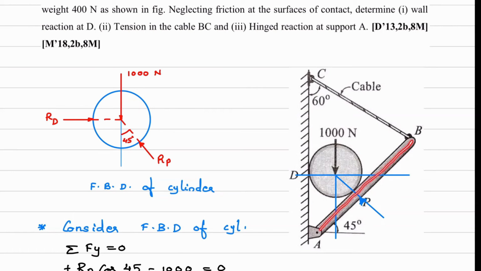This is a beam. At the hinge we have 2 reactions, hinge support, because this rod can rotate about this hinge. So moment will not be a reaction, but its x direction is restricted and its y direction is restricted. That is why there will be 2 reactions for this hinge. While drawing the FBD, I am taking HA towards left and VA in upward direction. You can take it towards right also, it is not a problem, you can do both ways. Now here this part will be the tension.